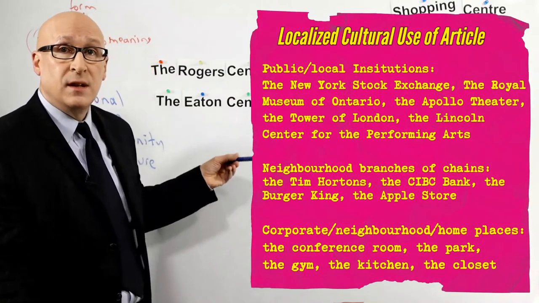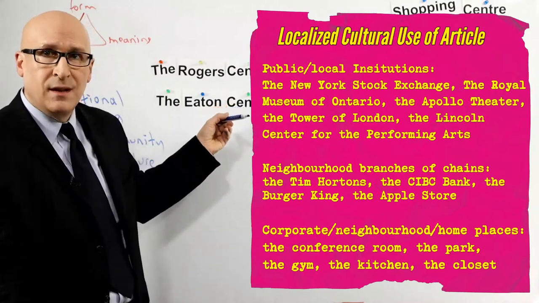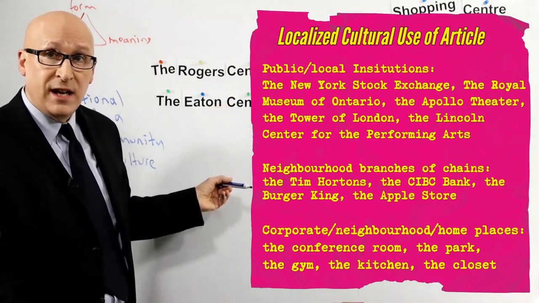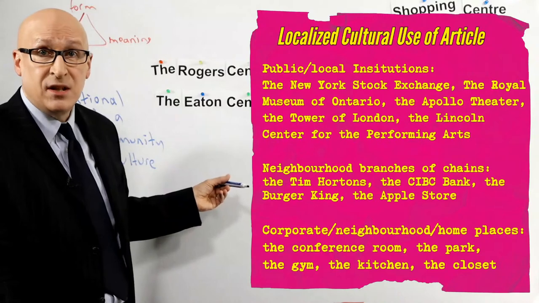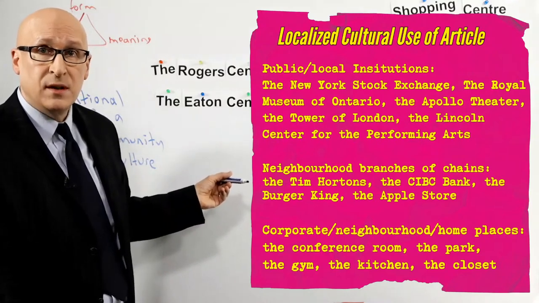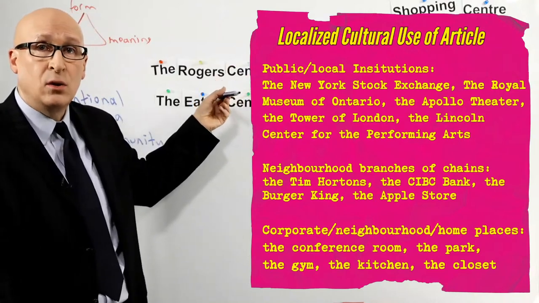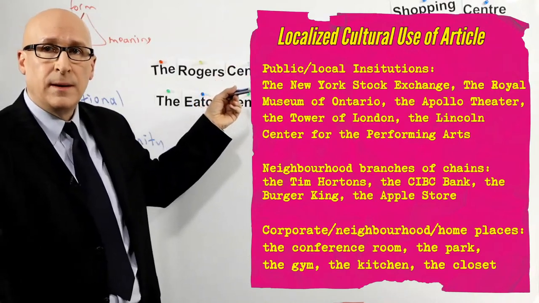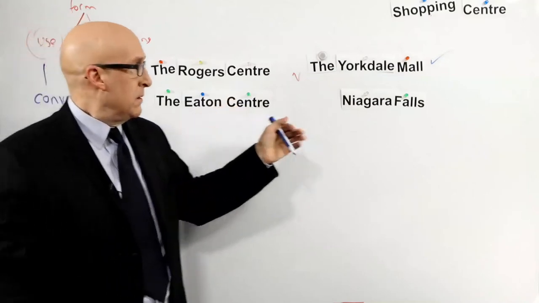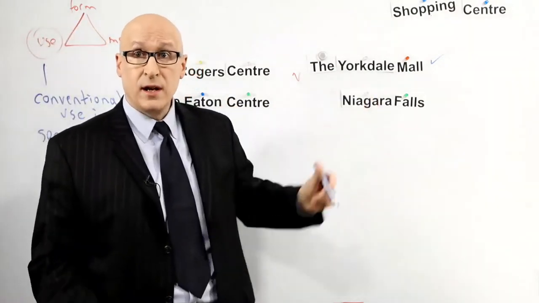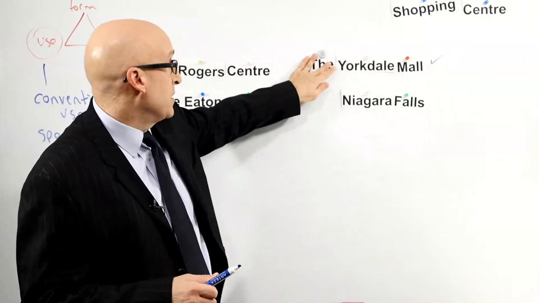Neighborhood places, public institutions, and neighborhood branches of chains. Actually, the Eaton Centre is a branch of Eaton's shopping malls. I don't know about Yorkdale. I think it's a local institution, it fits this category, right? So I think that's fine, actually, the Yorkdale Mall. According to the website,